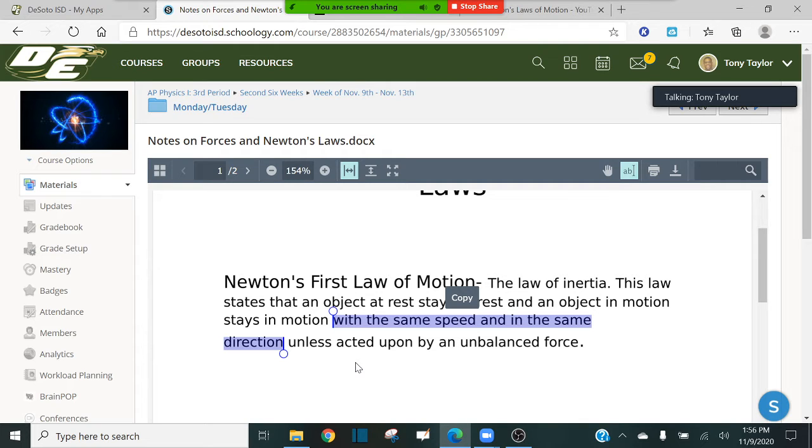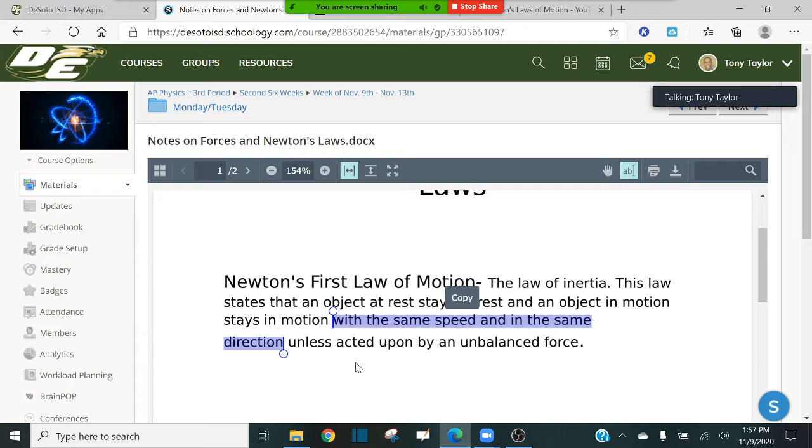So basically what that's saying, guys, imagine if I was in outer space. I'm far from any sort of gravitational field, or far from any strong gravitational field, I should say. Imagine that I had a football in my hand. If I threw that football, Newton's first law says that football is going to keep going forever and ever without end, unless a force stops it or diverts its path of motion. But if there's no force to interact with it, the football is just going to keep traveling at a